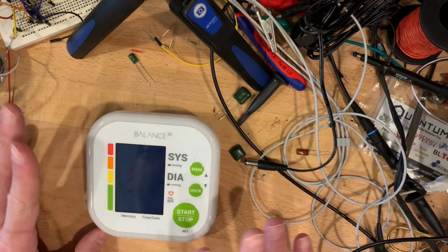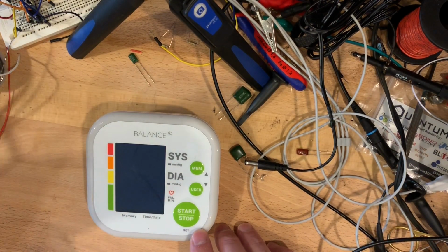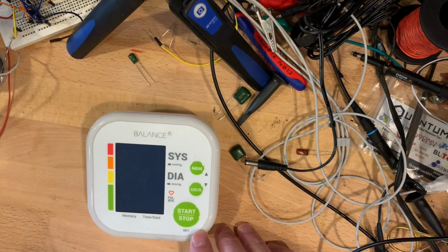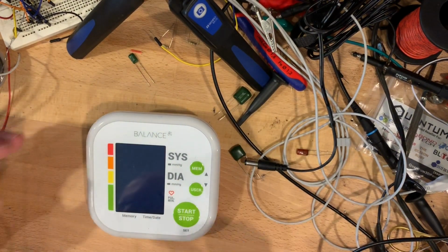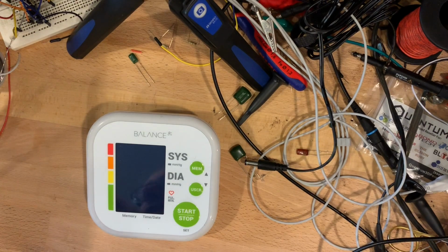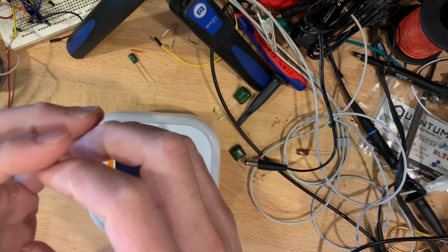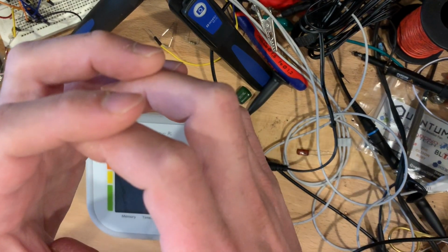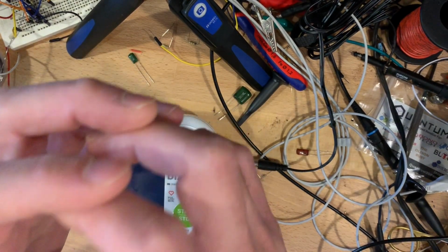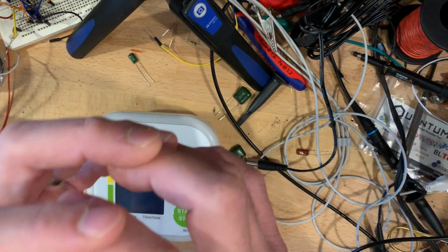But before we take this thing apart, it's probably worth understanding how one of these works. You take the cuff, you put it around your arm, and the cuff slowly inflates. While it's inflating, it's over your brachial artery in your arm, and as it inflates, it's putting pressure on that artery. Now the artery is carrying blood that's under pressure itself. It's under pressure when your heart is at rest, but then it's under increased pressure when your heart contracts,